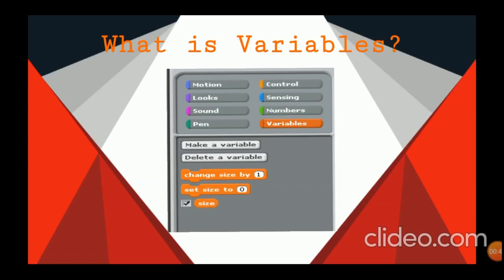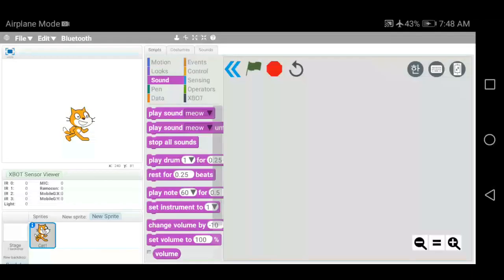Now we can see a program using the variable blocks. Then you can understand the concept thoroughly. Now, how do we create a variable? We can see it step by step. This is the Scratch application I used in this mobile app. You can also install it on your Android mobile phones. Go to the Play Store and install it.